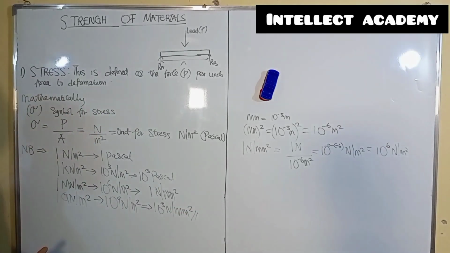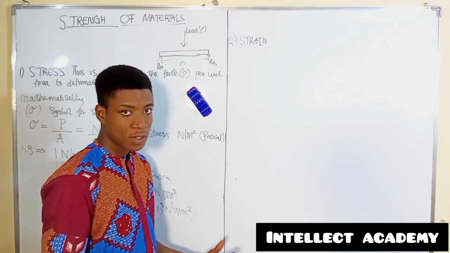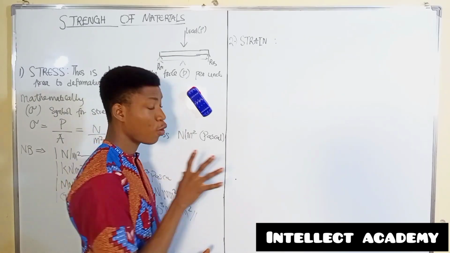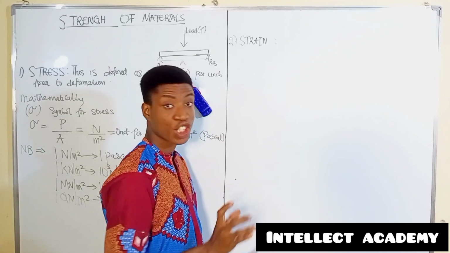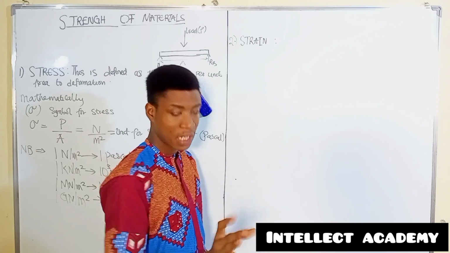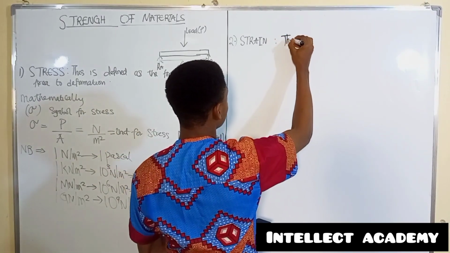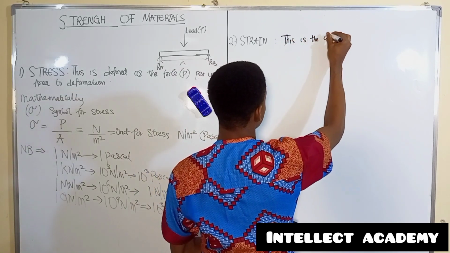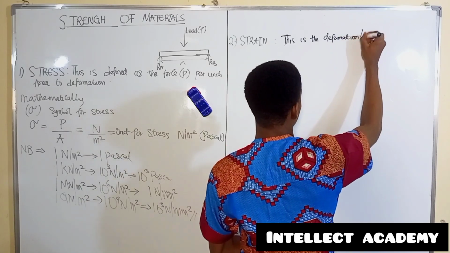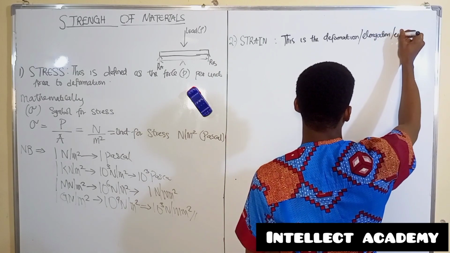Now we're going to define another term known as strain. We're going to define the term called strain. Of course, it's very, very important you know what strain is. So strain is the deformation or elongation or extension per unit length. So now take note, this is the deformation, elongation, extension